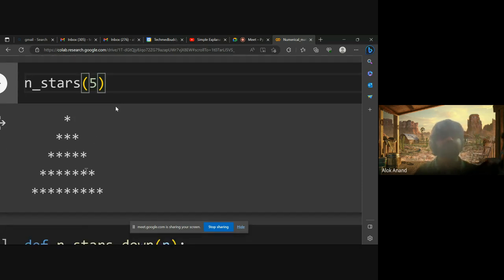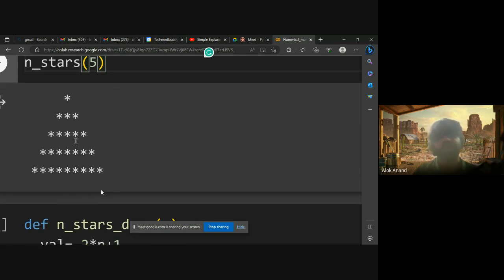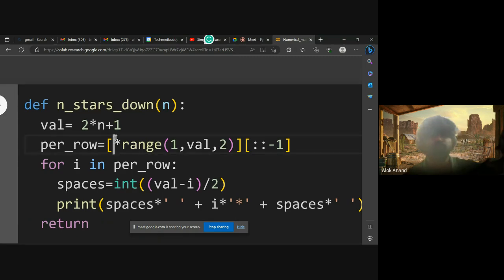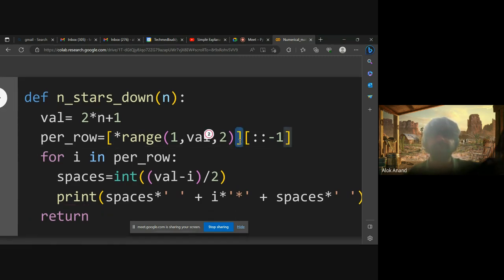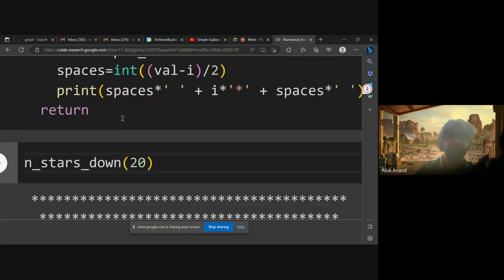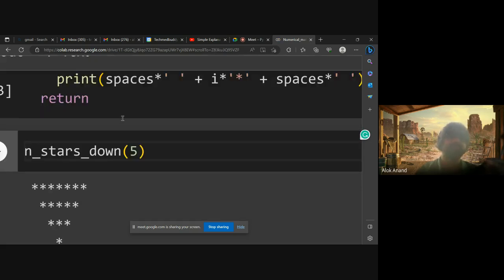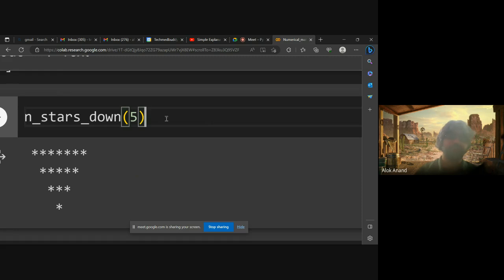Now we'll have to design the reverse structure of this. So रिवर्स में कुछ नहीं होगा, पूरा पैटर्न आपका सेम रहेगा। सी, जस्ट आप ये जो नंबर ऑफ रोज का काम स्टार्ट कर रहे हो इसको रिवर्स कर दो एक बार। इसको आप रिवर्स कर दोगे एंड द पैटर्न विल बी देयर इन योर हैंड। अगर मैं इसको -1 कर दूं, फाइन, एक सेकंड।